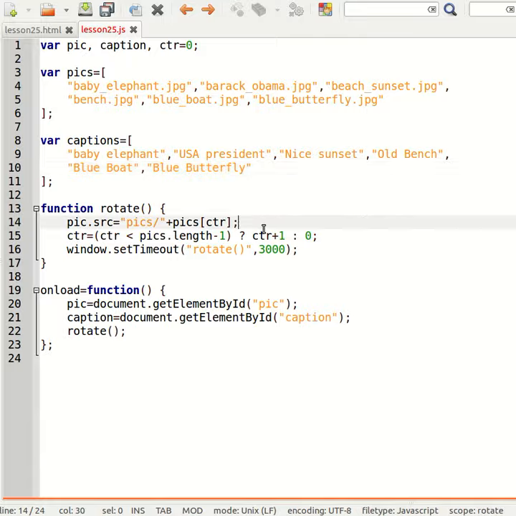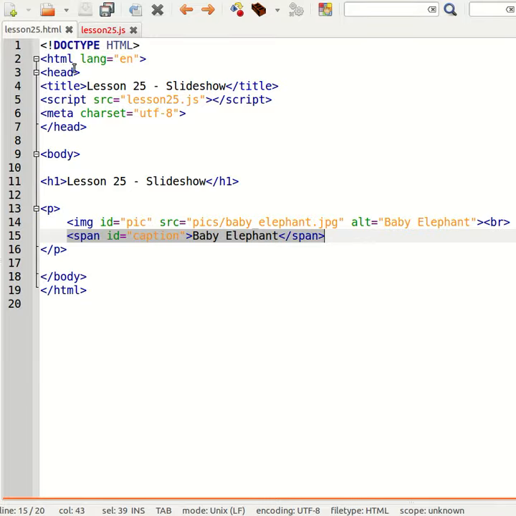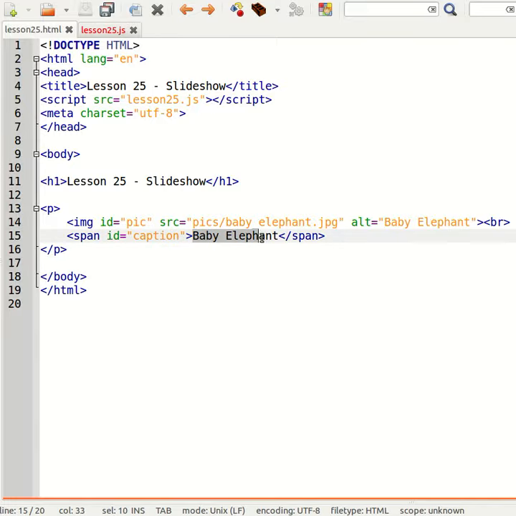And we will also need to somehow change this text every time. So we've got the span tag, the entire span tag. We retrieved that using document.getElementById caption. So the caption variable represents the entire span tag. So all I need to do is set the inner HTML property of the span tag to change the content